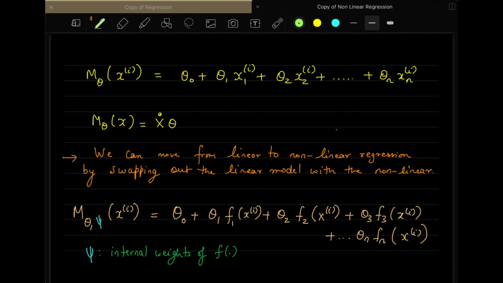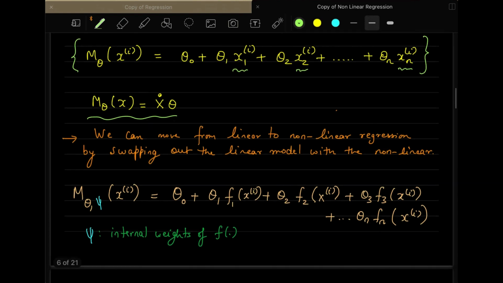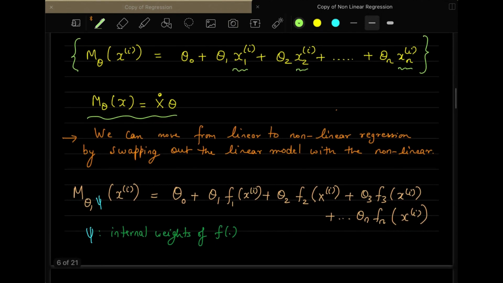So as you know, this is the original mathematical formulation of the model which we had earlier discussed. This is a simple linear regression boundary where we had all the terms which are linear over here. You can see these are all linear things, x1, x2, xn. These are the linear features, and we represented it by using this model which we discussed in our last lecture also. But now the modification that you are doing is you are actually transforming each of these feature vectors by applying a function, let us say f, on all these features separately.